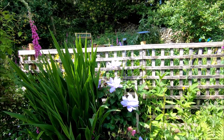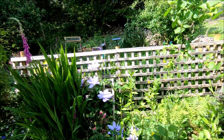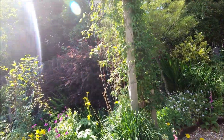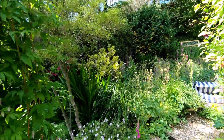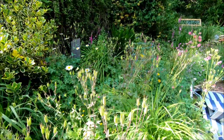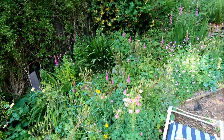So, we've had to repair all this trellis because it got blown over last year in the wind. So a lot of damage last year. So you see all these aquilegias now, they're all finishing now and going to seed. So I'll let them seed, and then hopefully...